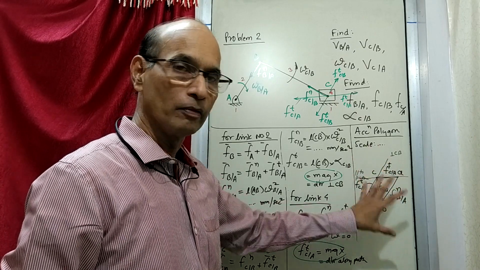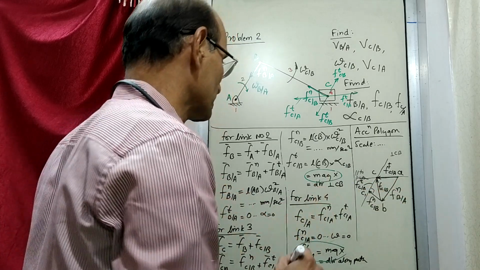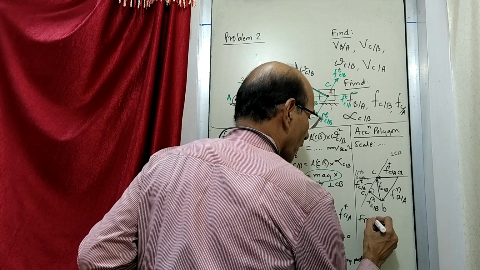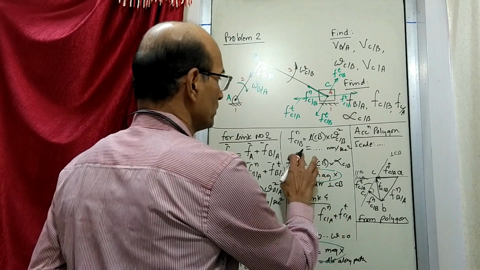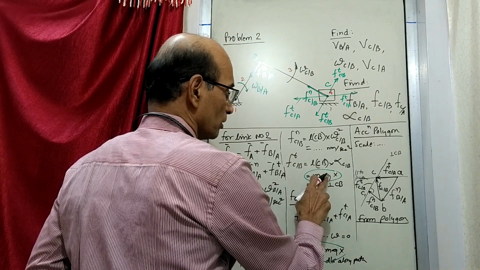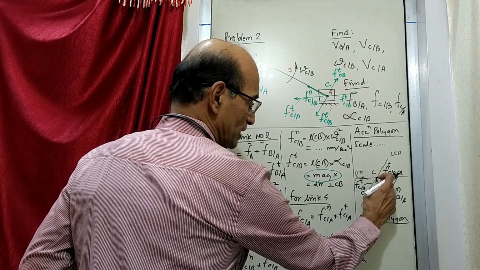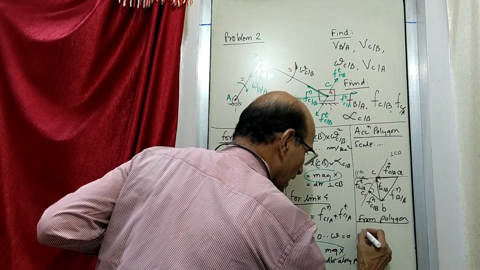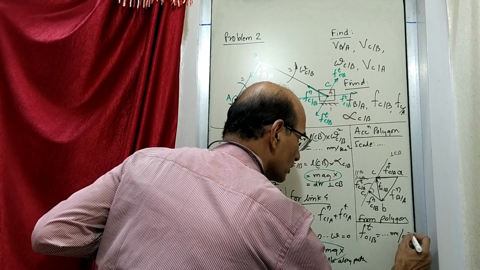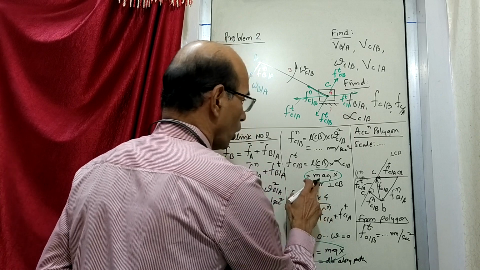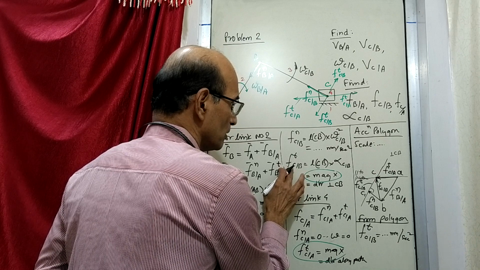Now once you have drawn the polygon, whatever things were not known are directly available. So you can now go back and say, from the polygon, this magnitude was not known, and now the magnitude is known. So you pick up this size, F tangential of C with respect to B, and say that F tangential is so many millimeters per second square, and this is equal to R into alpha. So now the tangential is available.